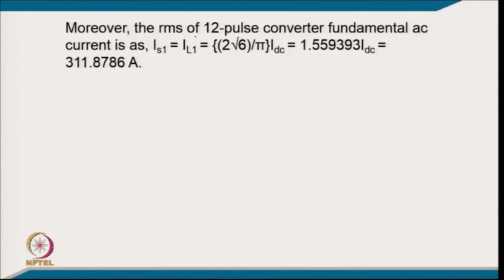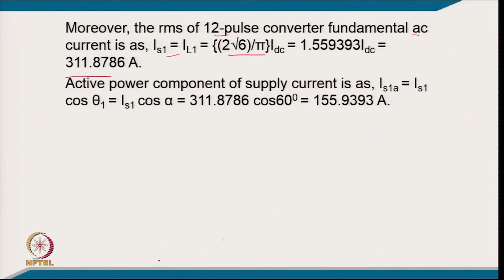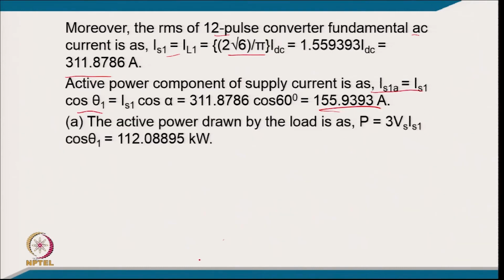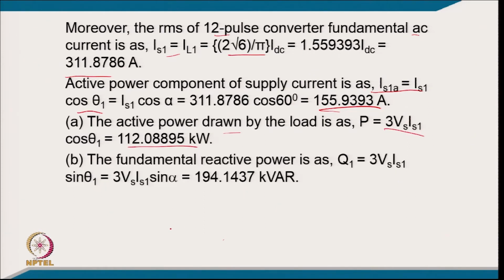Moreover, the RMS current of 12 pulse fundamental AC current will be IS1 equal to IL1, putting the value 2 root 6 by pi into IDC. So, it comes 311.86 ampere, and the active power component of supply current IS1, putting the value, it comes like 155.9393 ampere, and the active power drawn from the load will be 3 into Vs into IS1 cos theta 1. So, it comes 112.08895 kilowatt, and the fundamental reactive power drawn Q1, 3 Vs into IS1 sin theta 1, it comes 194.1437 kVr,